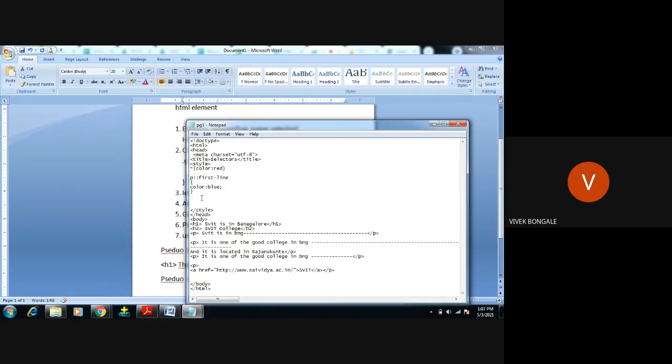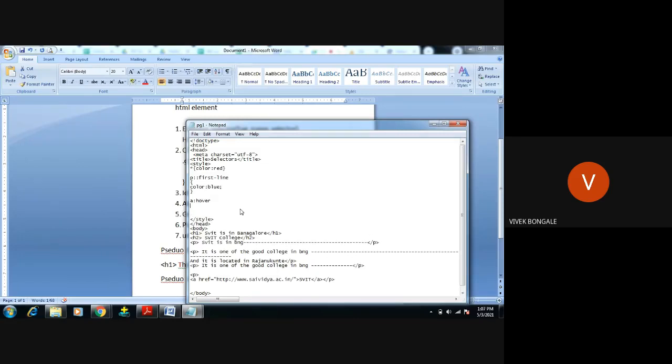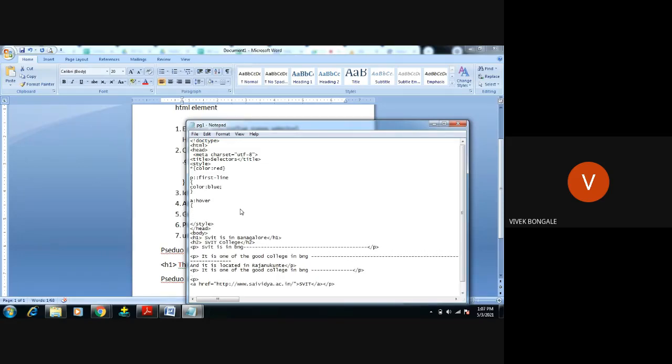How to do it? We are applying the pseudo class on the hyperlink, which means we apply it on the anchor tag. So a, then a single colon indicating the pseudo class. We are applying the pseudo class on this selector a, using the property hover. Open the braces, and